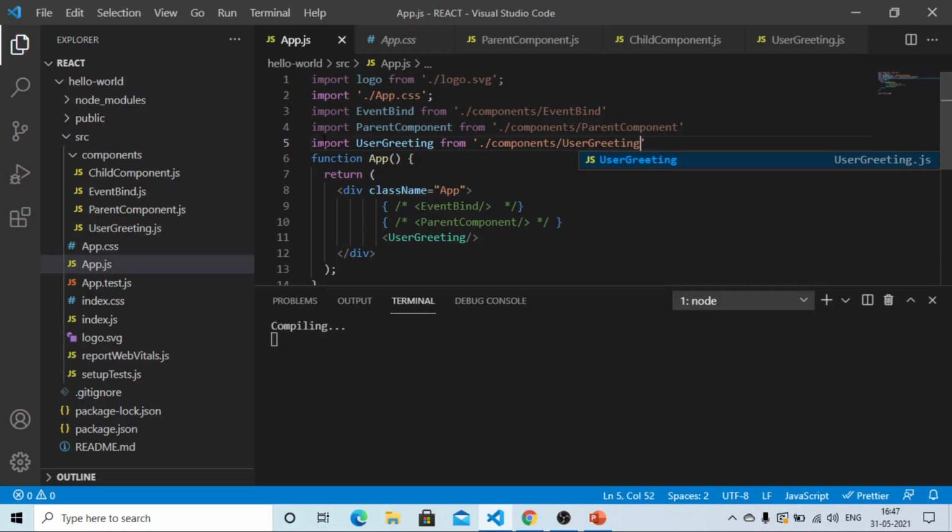Save this file and have a look at the browser. The browser should show the message welcome Amit in the UI. It is going to compile. It will take 1 or 2 minutes depending on the processor you are using.